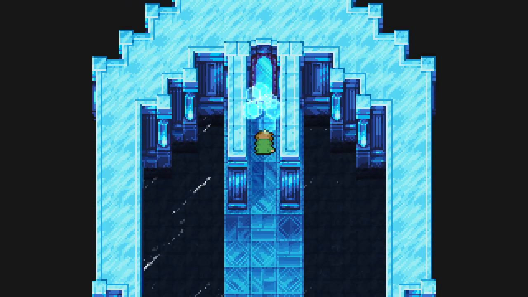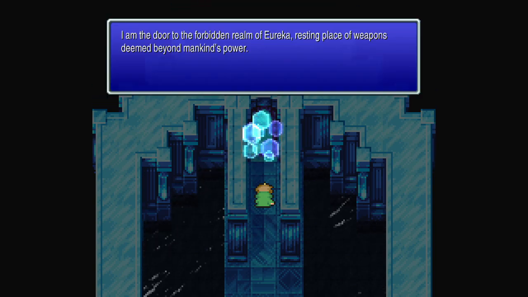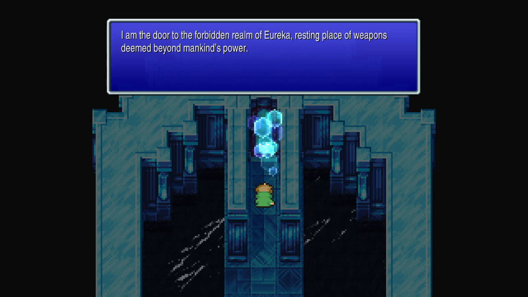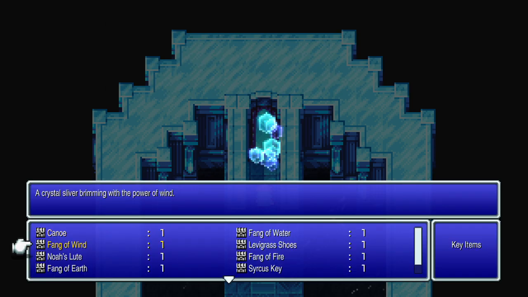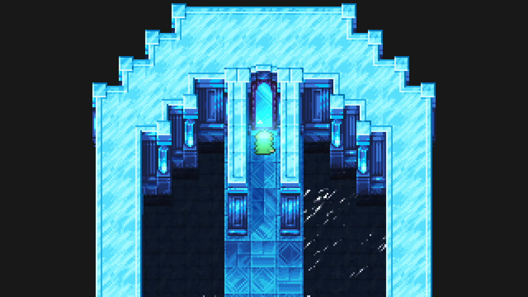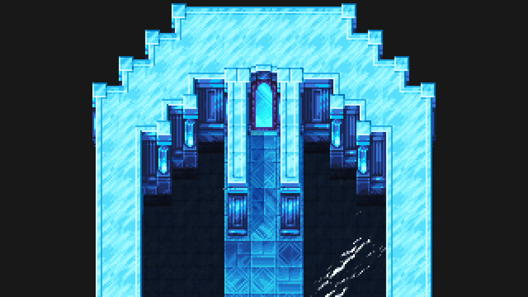Because in this room we see this. A voice emanates from the mirror. I am the door to the forbidden realm of Eureka, resting place of weapons that deem beyond mankind's power. An invisible wall blocks the path. Eureka's key is needed to break that barrier. And with that, we look into the mirror, and we get teleported straight to